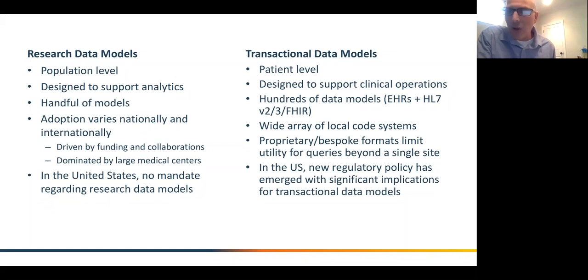a single site. So while within your organization, if you were a hospital running a Cerner and you had a particular query you would run to find patients with poorly controlled diabetes, it really was not very easy to just drop that query into 20 other sites and make it run, which is of course why a lot of the research data models evolved. But one of the big differences, another one of the big differences, I should say, and